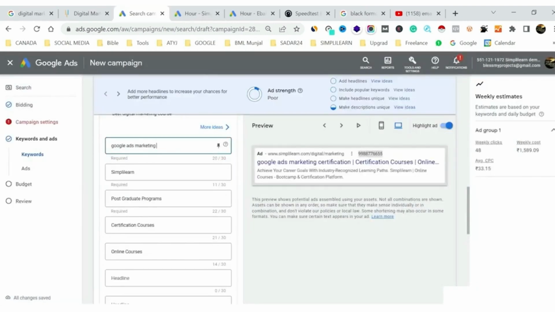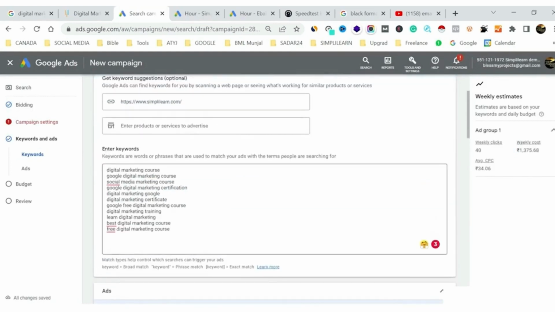and probably I will also add this keyword into my keywords so that it matches the term if anybody searches this. I have to be watching the character limits. That's why you have to be always checking and changing things accordingly. Okay, then digital marketing Google.